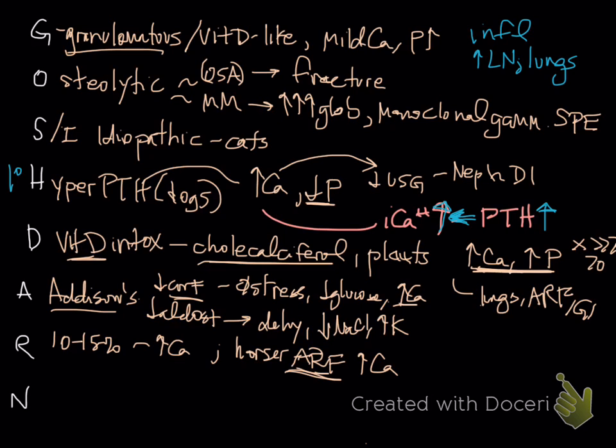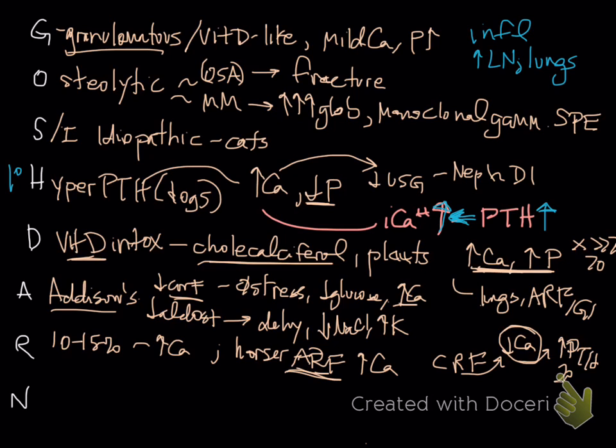What you do see in chronic renal failure is you see most often in small animals a low calcium. And this actually results in an increase in PTH. And so that increase in PTH is a secondary increase, so it's called secondary hyperparathyroidism, but the driver is a low calcium, so that is not on this page. All right, so the last of the